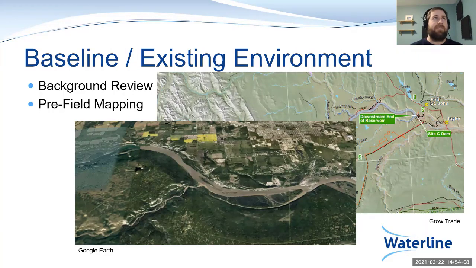Oftentimes the proponent will have detailed remote sensing data that offers high resolution insights into the topography. Lidar data is the primary remote sensing data type that we work with. There's also other kinds of remote sensing information available. Google Earth has an archive of satellite imagery. There's other places where you can get air photos and